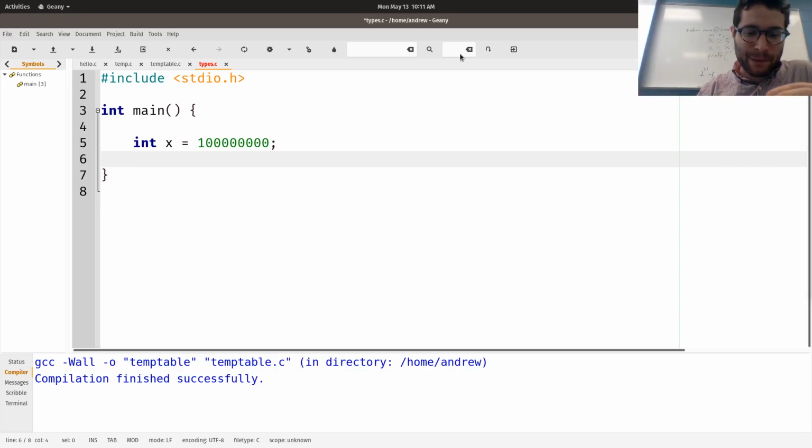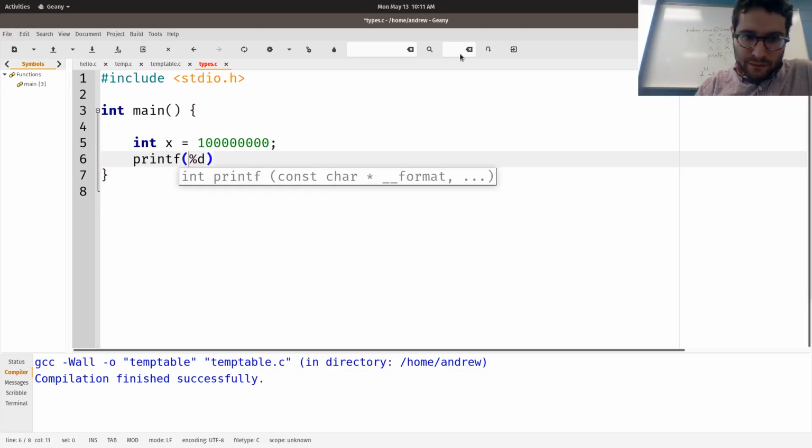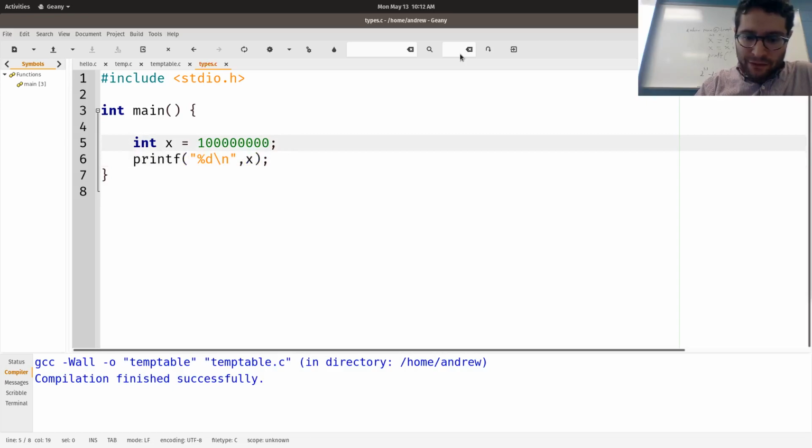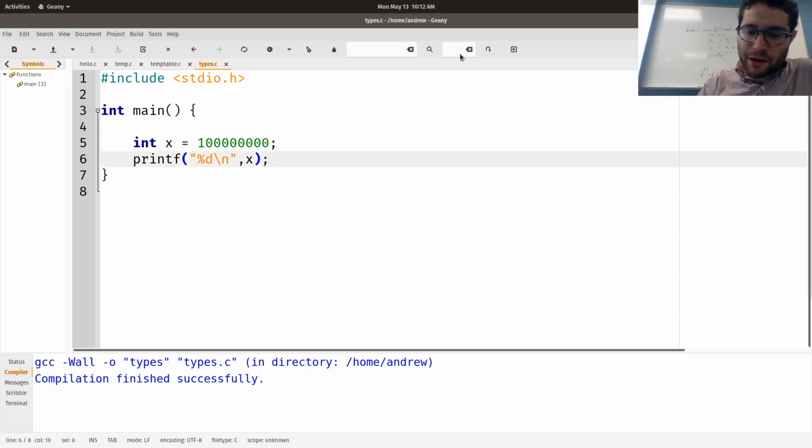So practically, what happens if I try to do something like this? printf, x, with a newline. What happens if I try to print this? It's no problem printing that. But what happens if I try to print x times 2?